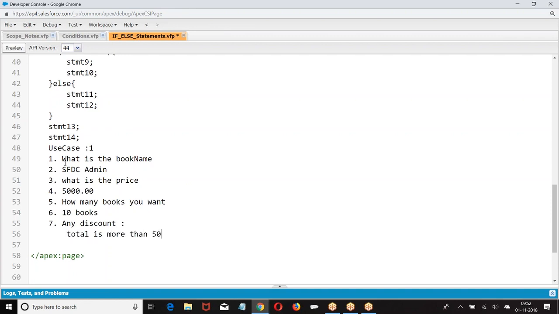If more than 5,000, 20% discount. How much do I have to pay?